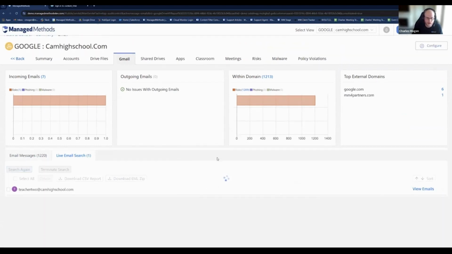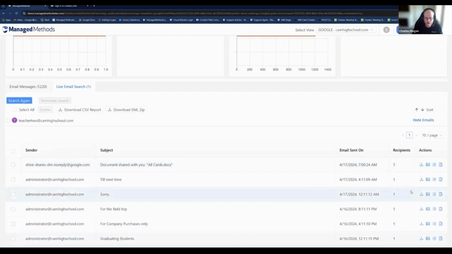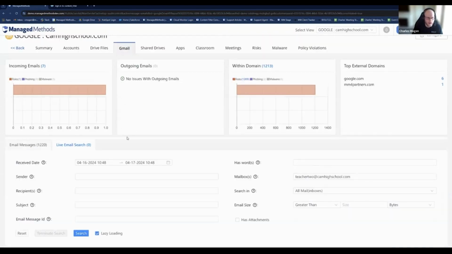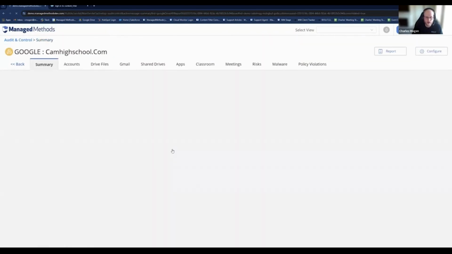So very easy ability to go in, click in, see what emails are out there, ways to go ahead and pull those emails down in different ways, look at the actual headers of the email, or even come in here and outright delete, mass delete emails as well too. So lots of really handy ways to go ahead and help address emails and files that way too, just more